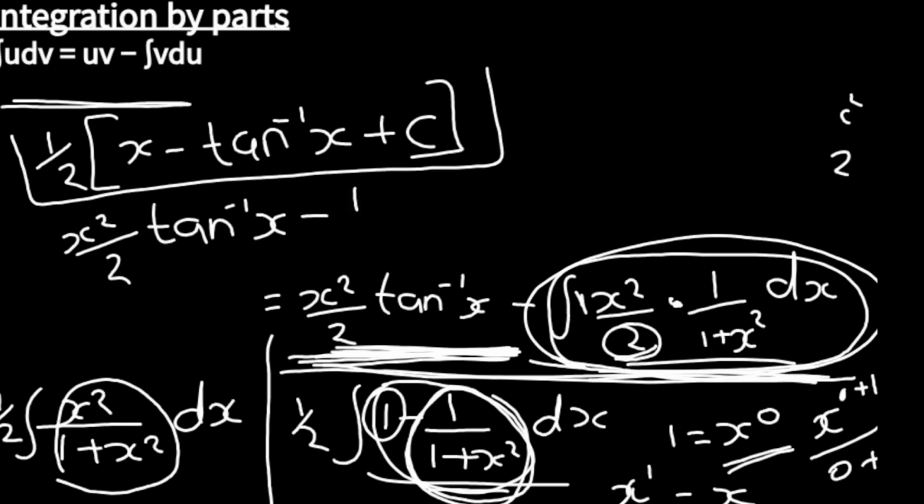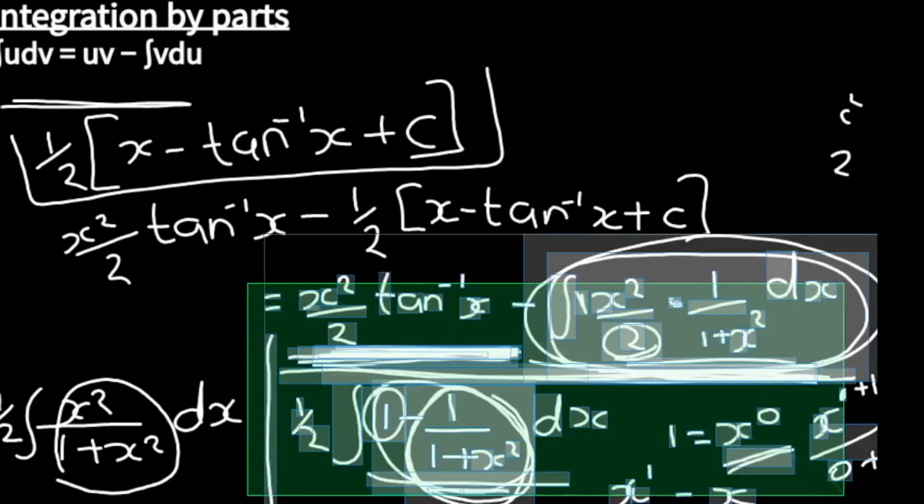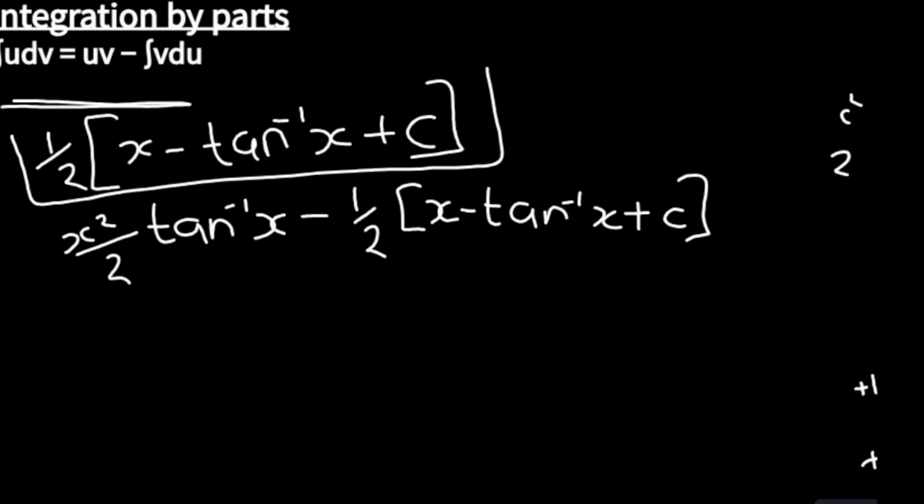So that is a half times x minus arctan x, plus c. So we can write this properly. That is going to be our final answer: x squared over 2 arctan x minus,